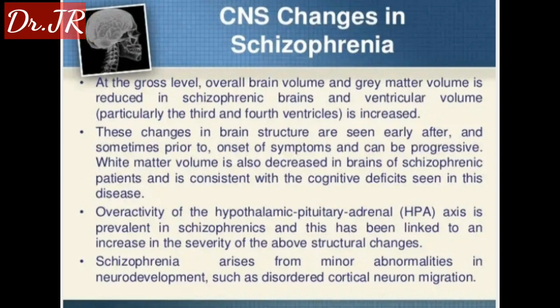At the gross level, brain volume and gray matter volume are reduced in schizophrenic brains, and ventricular volume, particularly the third and fourth ventricles, is increased. The changes in brain structure are seen only after, and sometimes prior to, onset of symptoms and can be progressive. White matter volume is also decreased in the brains of schizophrenic patients and is consistent with the cognitive deficit seen in